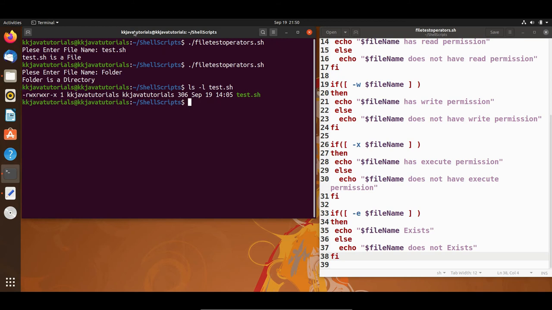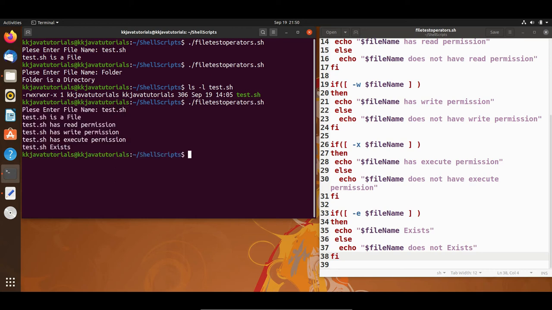So I'm running as this user, JDBC Tutorials, right? So user has read, write, and execute permission, all these permissions, right? So if I run this script, and the file name I'm going to specify is test.sh, then see what